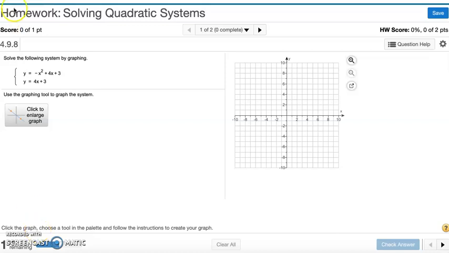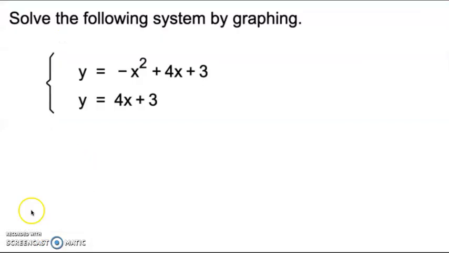Solving quadratic systems. Number 1. Solve the following system by graphing. So let's take a closer look at that. The first equation is a quadratic equation, and we need to find the vertex and the y-intercept so we can